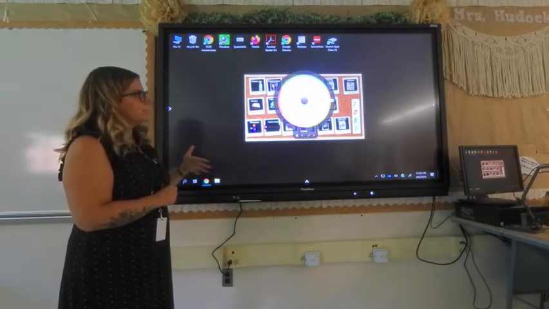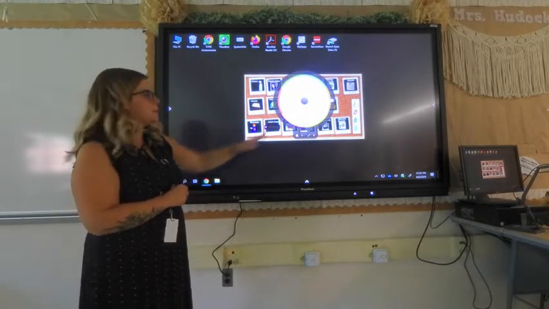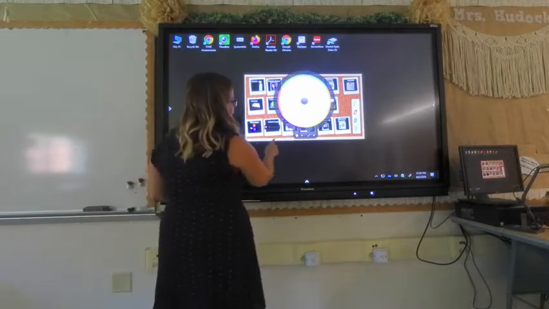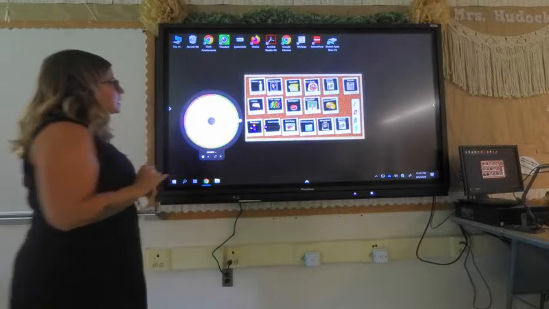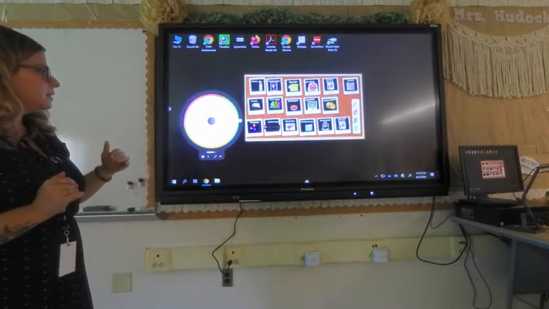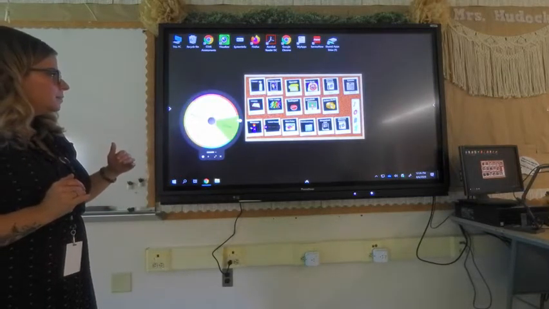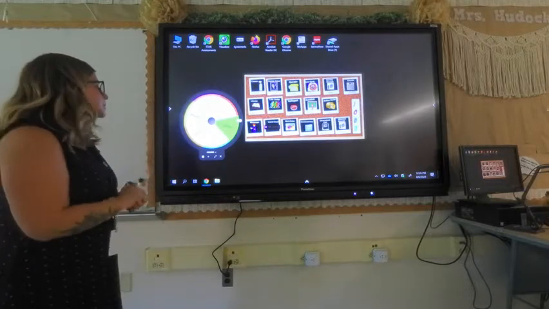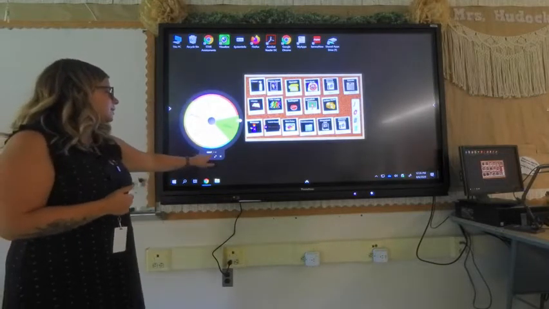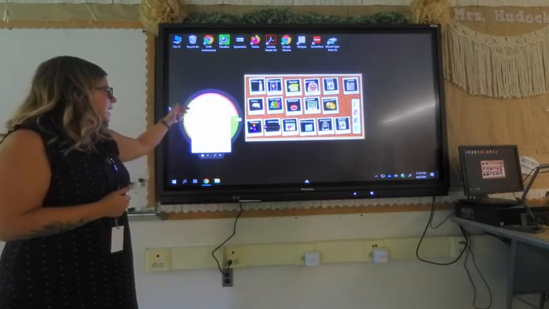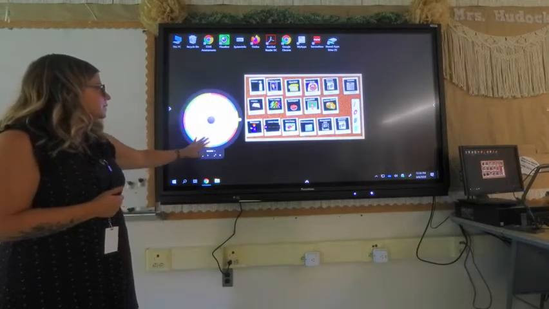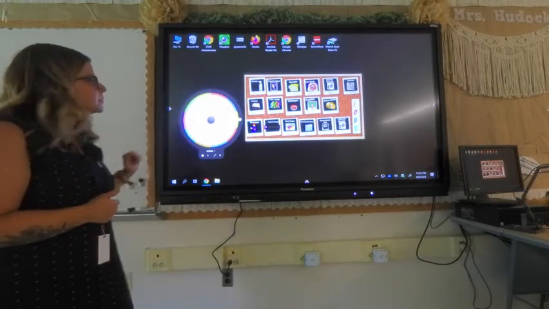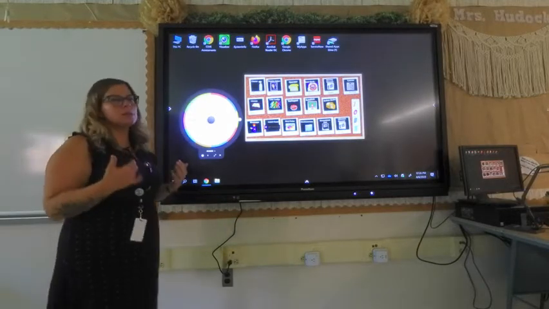because it pulls up an actual spinner on the screen. I can drag it around. When I click, it makes it spin. It defaults to certain ones, so right now this category is colors, and you can create new ones. You can do names, and in here, these are just template names, but what I always liked using it